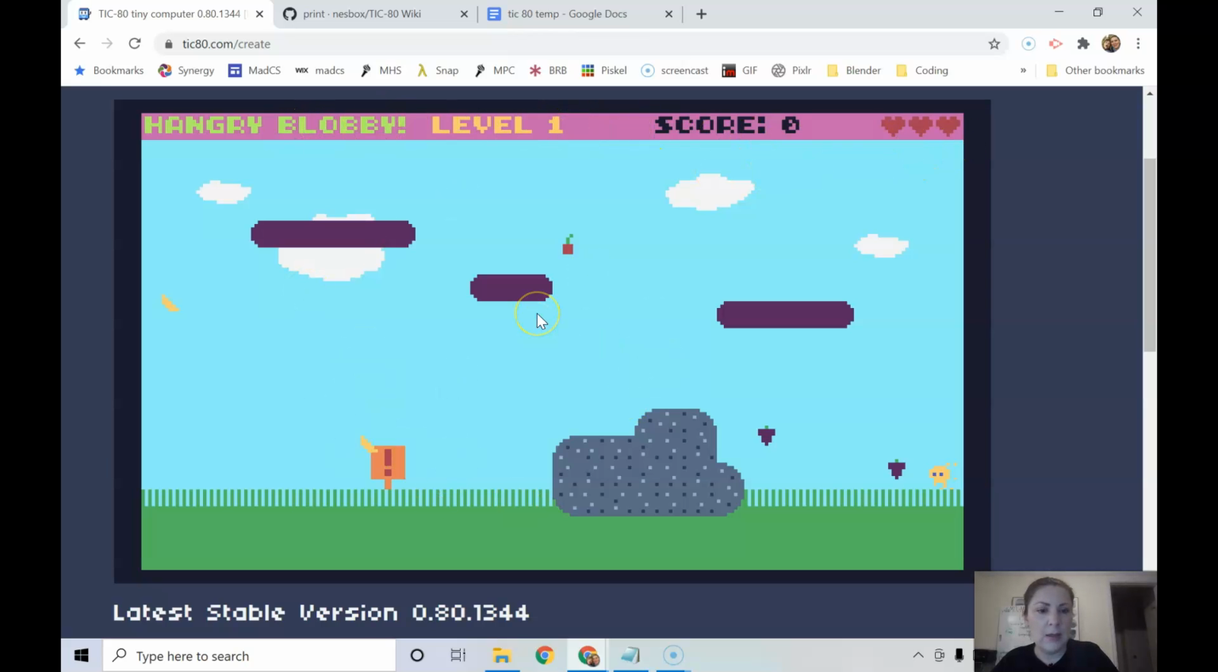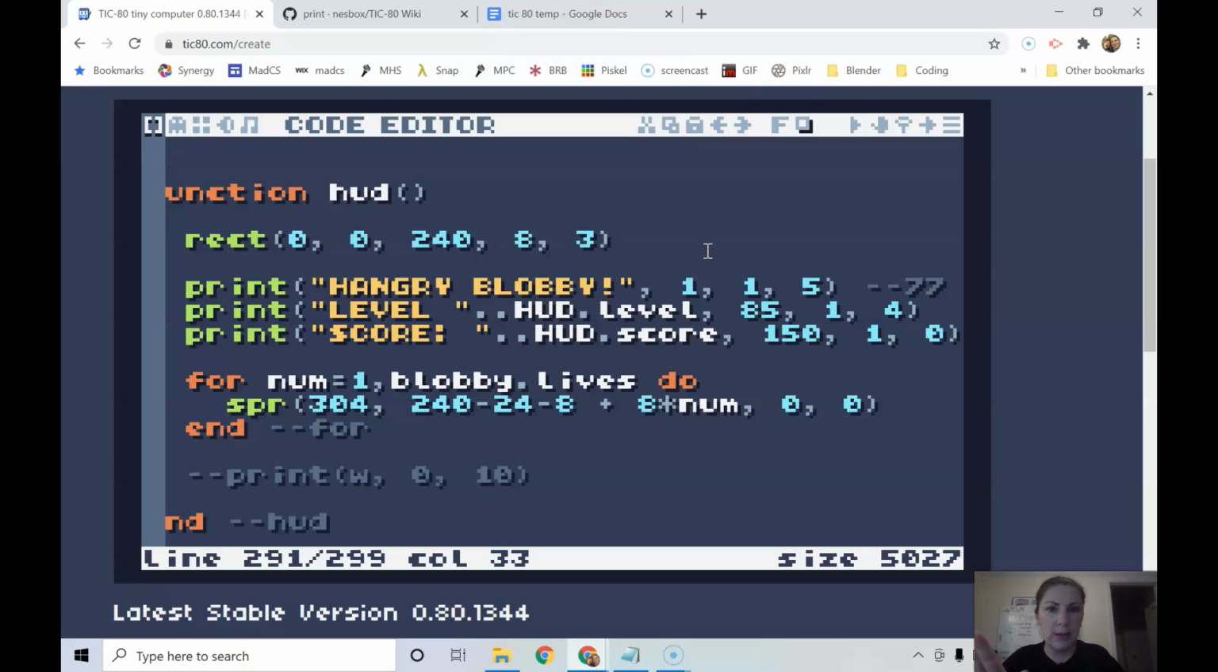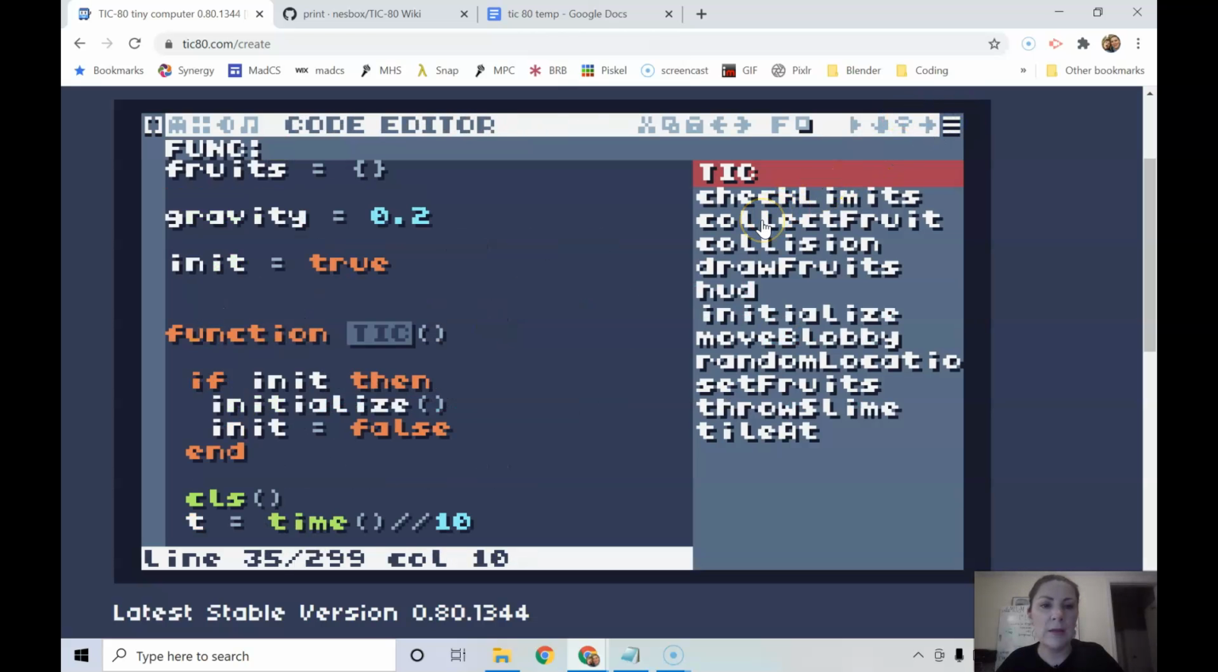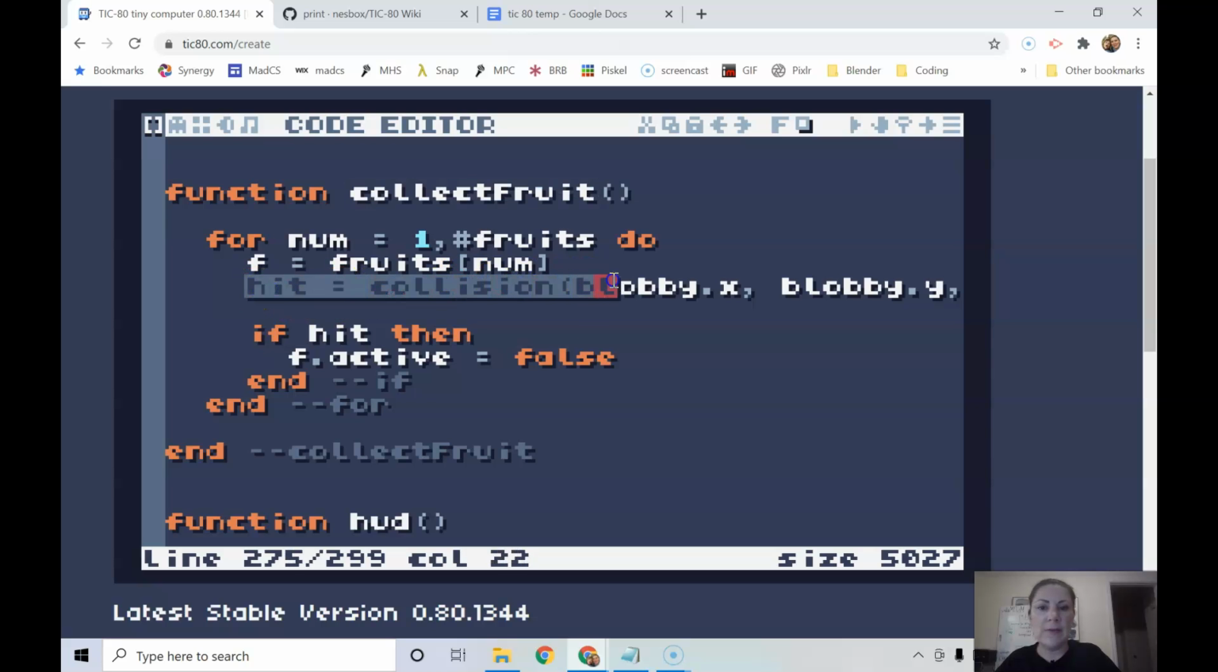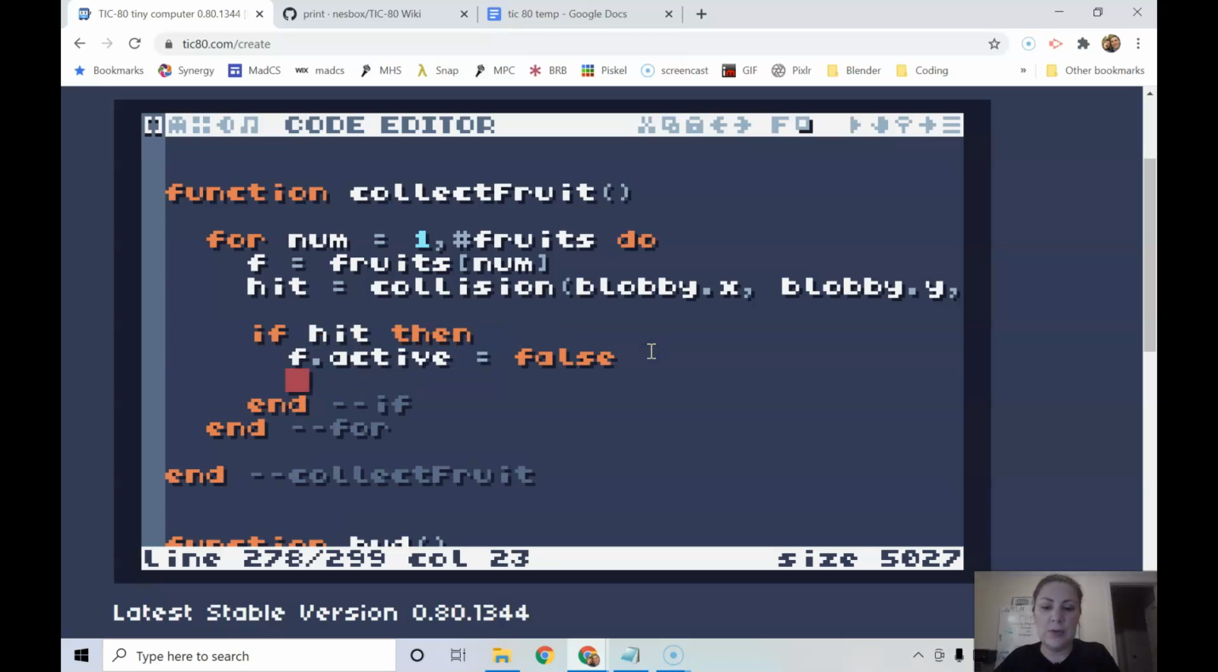While we're here, right now, when Blobby collects a fruit, the score does not go up. So let's go ahead and just add a little bit of code to make Blobby's score change. So when I collect a fruit, let's see, so I'm seeing if I hit a fruit. If I hit a fruit, I deactivate that fruit, and I want to add 1 to score. So HUD.score